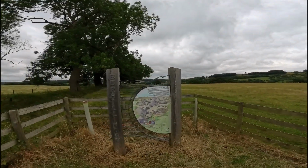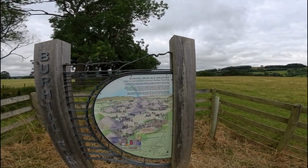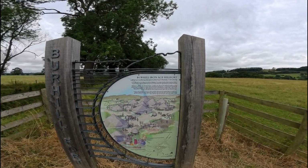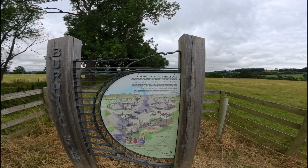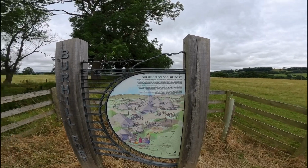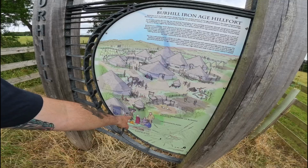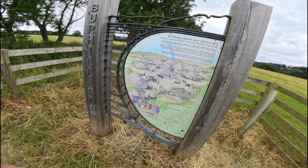The Burr Hill Iron Age Hill Fort, 800 BC to Roman invasion. It's my ancestors. Maybe him. His hair's similar to mine. He's blonde, he's ginger. Yeah, I think my ancestors would have had...